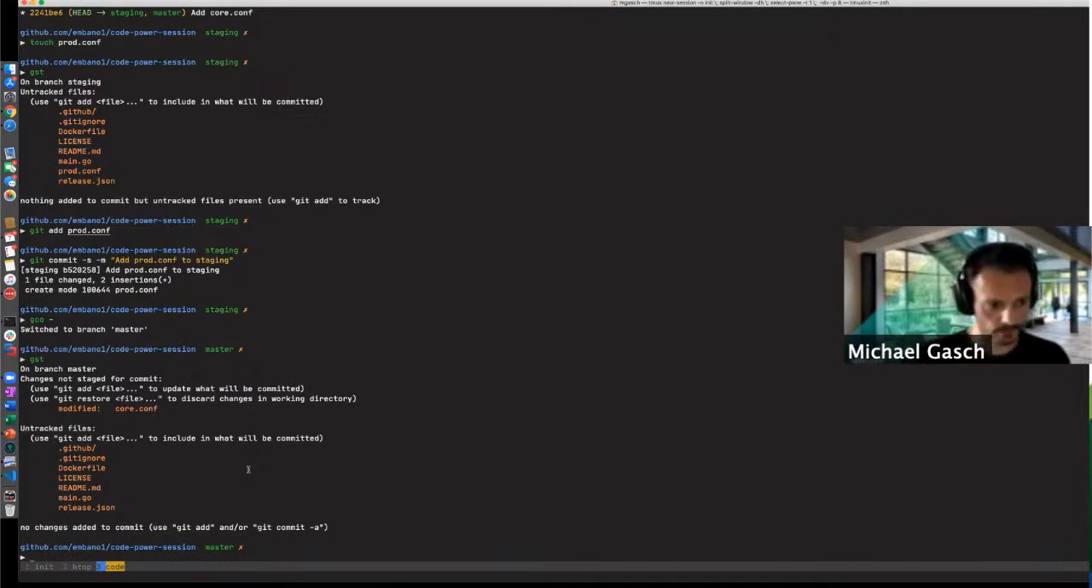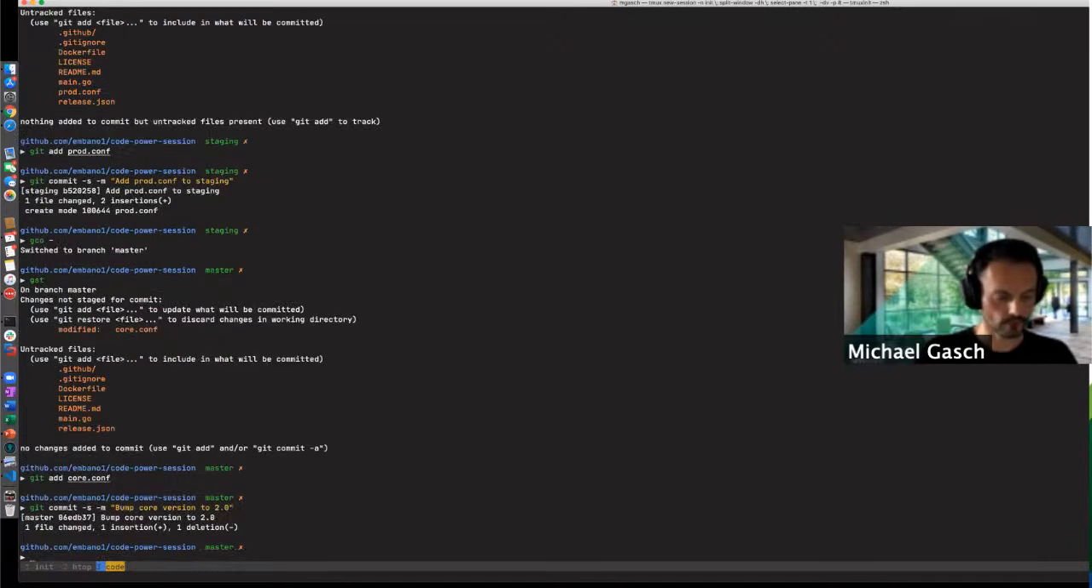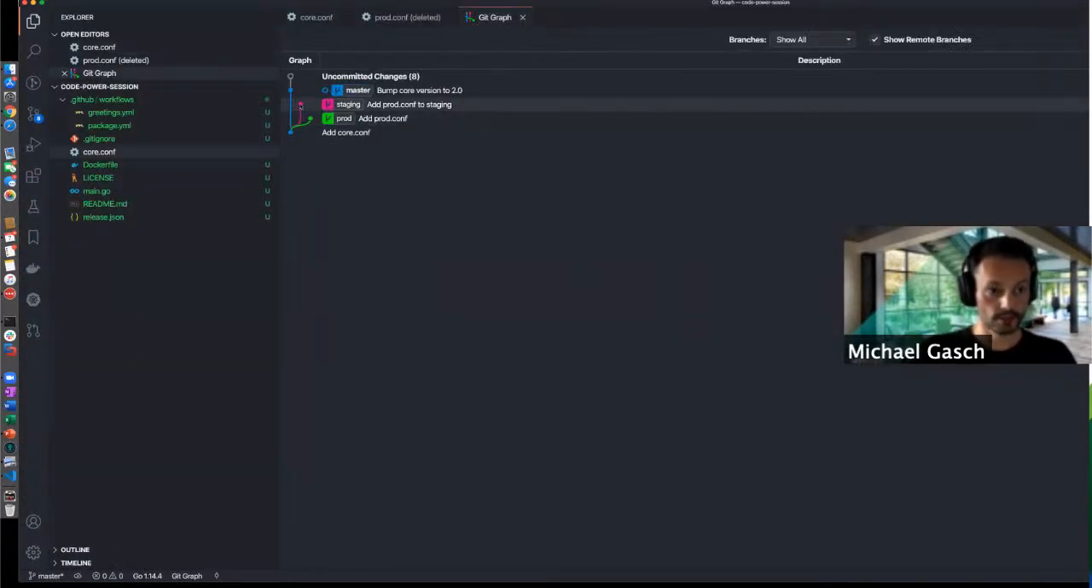But in this case, it was a good change, and we want to add it, and then we give it a message and say bump core version to 2. Okay, let's look at our graph again. And now things are starting to get a little bit messy, and this is where people then start struggling with,